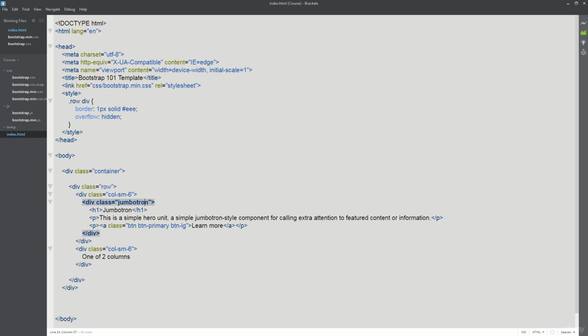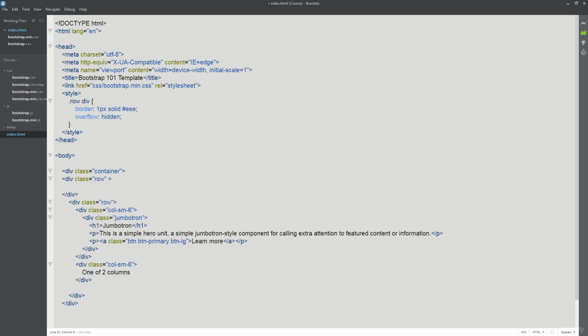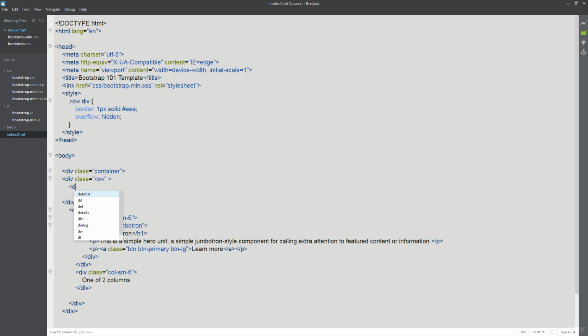So let's open up our editor, and first of all, let's add in a brand new row here. So how do we do that? We set up a div here to contain it, and then we need to give it some properties. We need to give it a class, and this is a row. So we're adding in a class row, and we also want to have maybe a one column